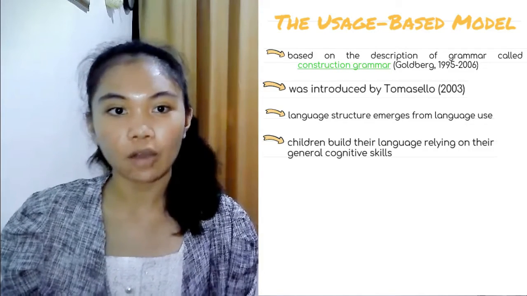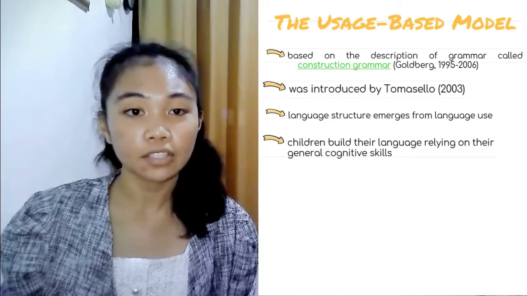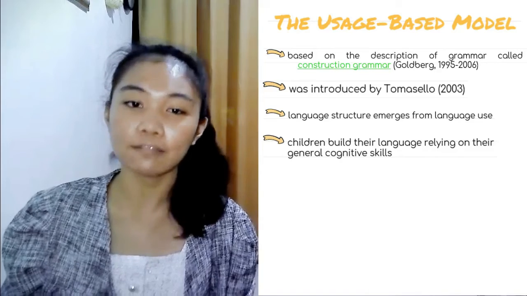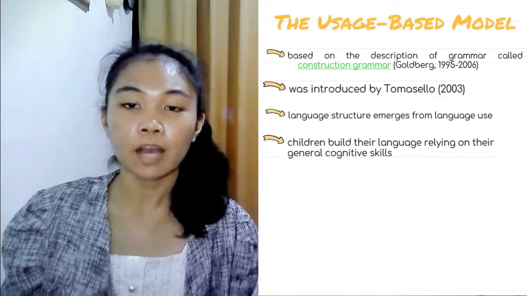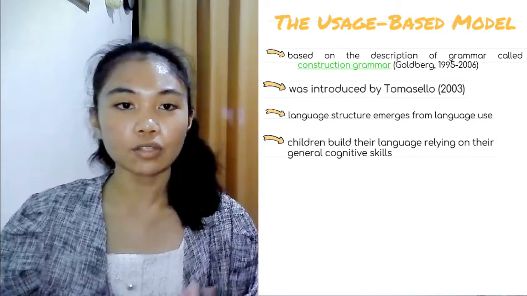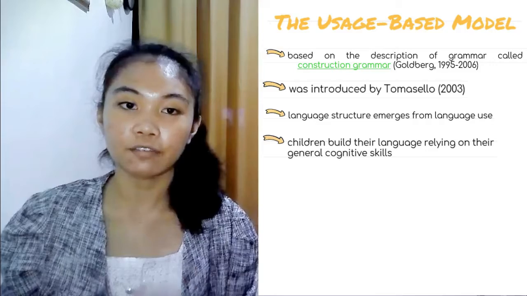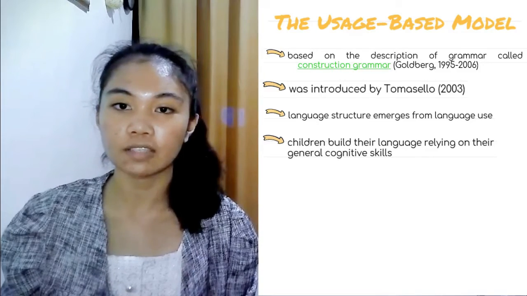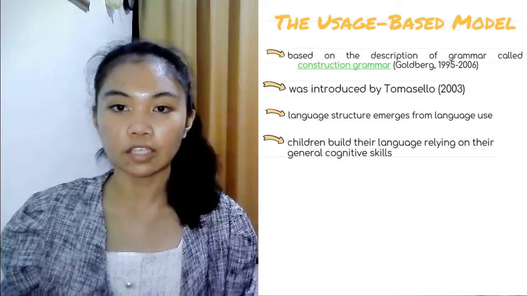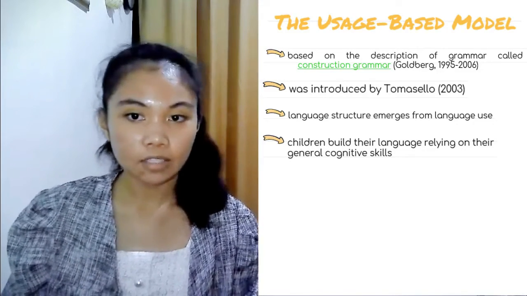In other words, we learn language structures and words by using language and by understanding the language that other people use. It's essentially a first language acquisition theory, but it has ramifications for second language learning. The theory also argues that infants start to develop the cognitive skills necessary for language acquisition between the ages of 9 to 12 months. The usage-based approach to linguistic communication may be summarized into two principles: meaning is use and